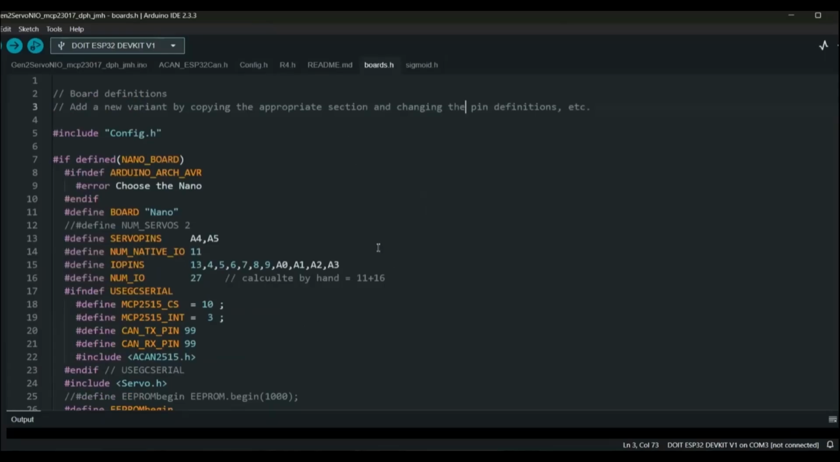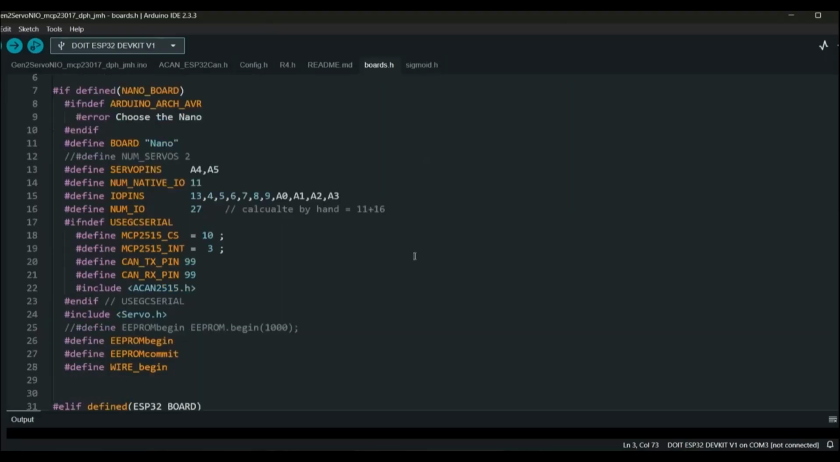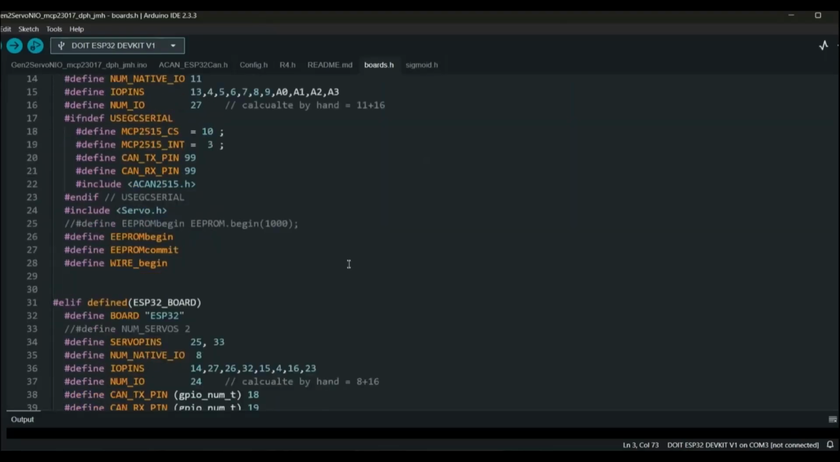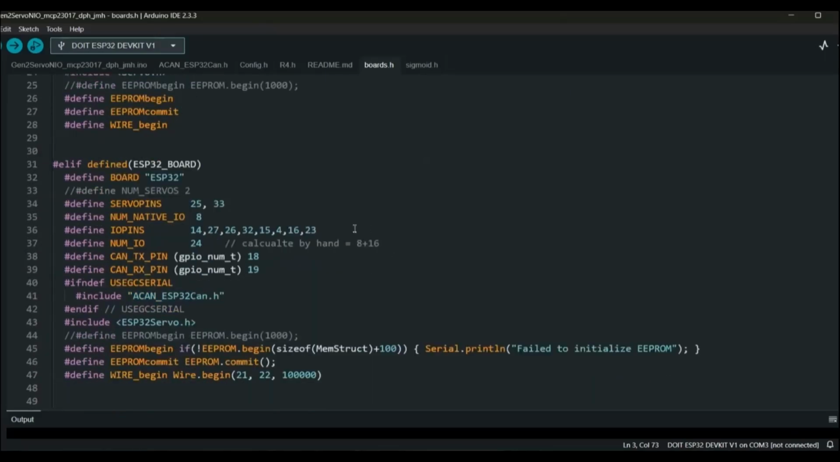So for a Nano, this is what we tried on a Nano. I've not actually had that one working with the CAN, but we have this thing called GC serial, which allows us to have standalone modules, but it just shows you what pins are available. Now, the ESP32 has been a little bit of a gotcha,